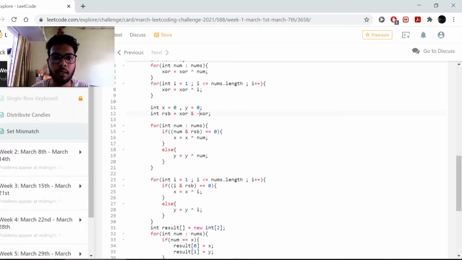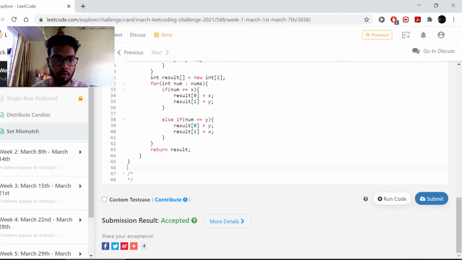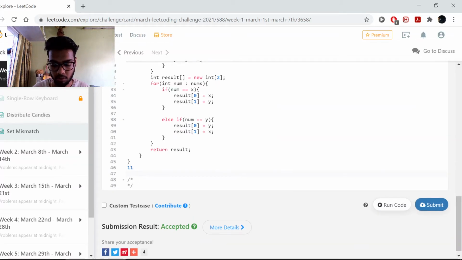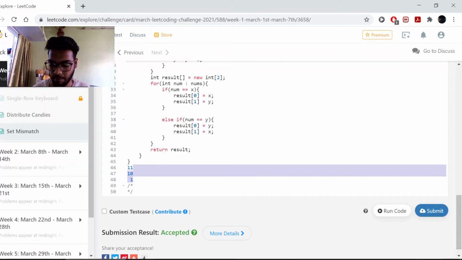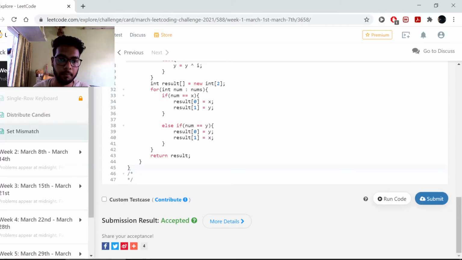What I did is, I created the rightmost set bit mask, which is the number where the only bit that is set is the same as the rightmost set bit in XOR. So for 3 XOR 2, it was 1 1 and 1 0, so the XOR of this results in 0 1, so the mask for this question would be 1.